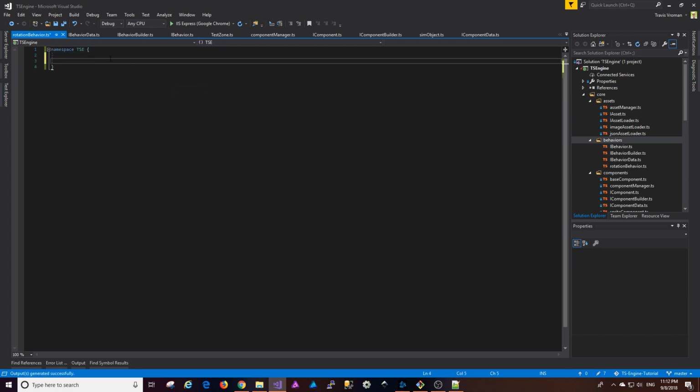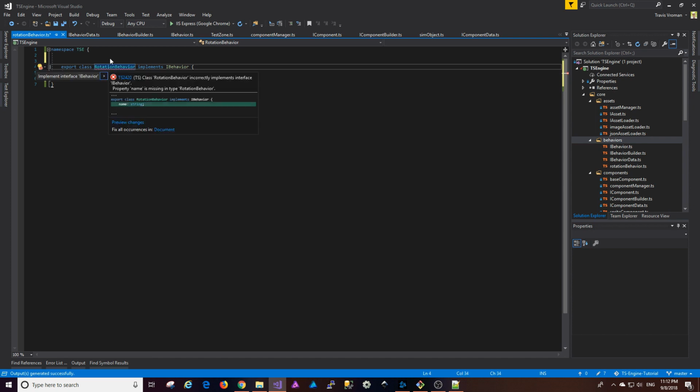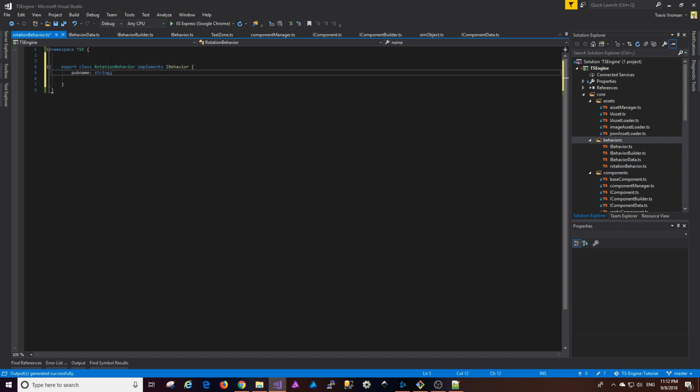Okay, and I'm going to export class called rotation behavior, and it's going to implement iBehavior. Okay, and that of course is going to have some required properties, which in this case is just going to be the name. Change that to public. It's also going to